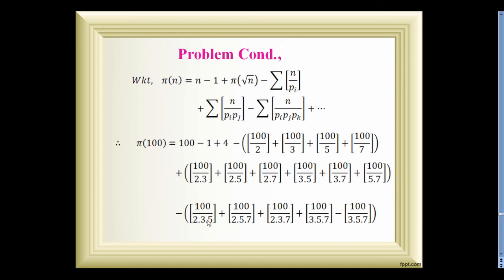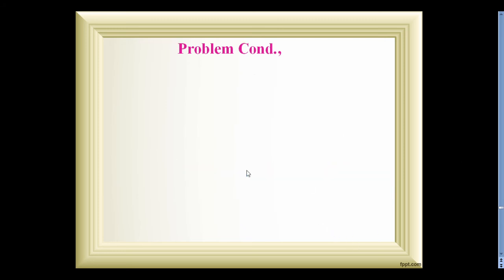So that is 2, 3, 5, 2, 5, 7, 3 numbers, the product of 3 primes we have to write in the denominator. So we have written 2, 3, 5, 2, 5, 7, 2, 3, 7, 2, 3, 5, 7, 3, 5, 7. All possible ways we have written. So on simplifying this one, we will get